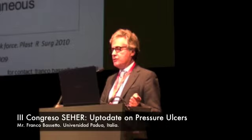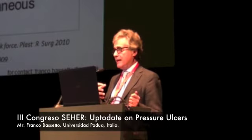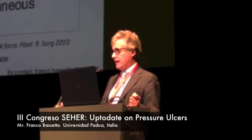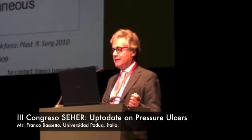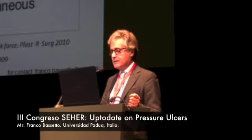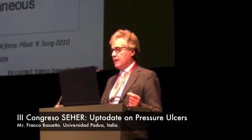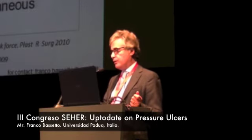The prophylactic surgery with autologous fat graft. I think that in such kind of patients, if we know the risk that they have to do a second or a third ulcer in their life, it's important to study the area at risk and to use what now is a new opportunity in the hand of plastic surgery, the autologous fat graft, for both